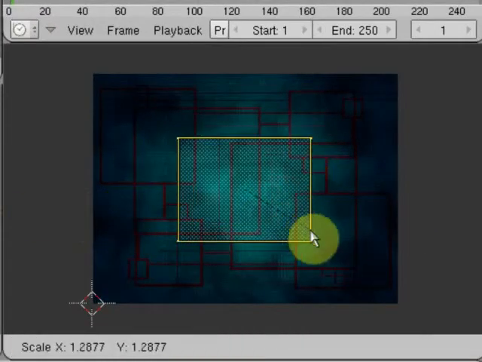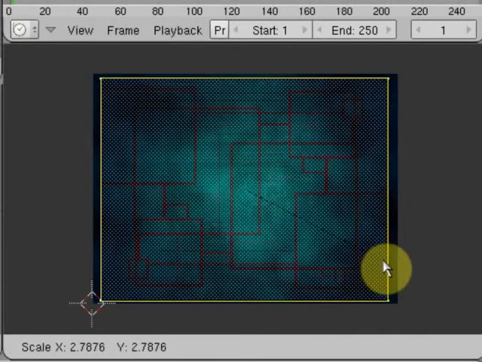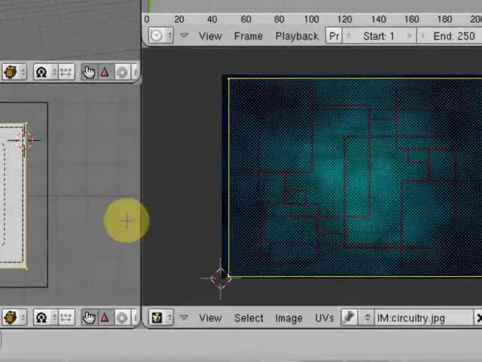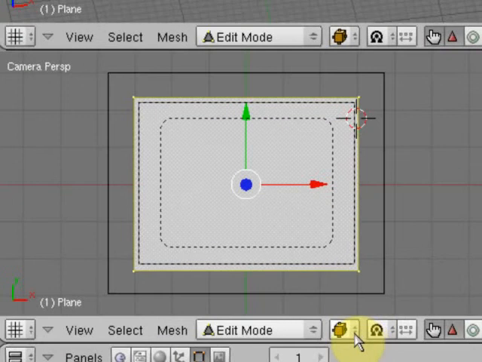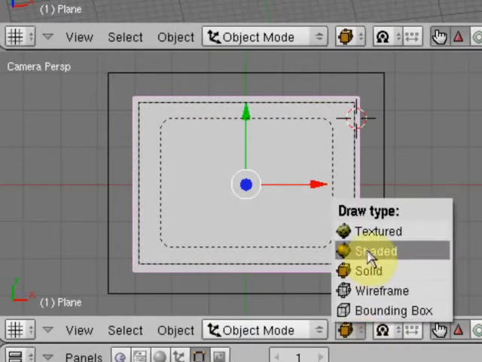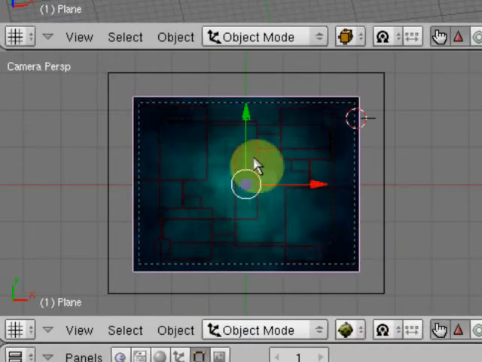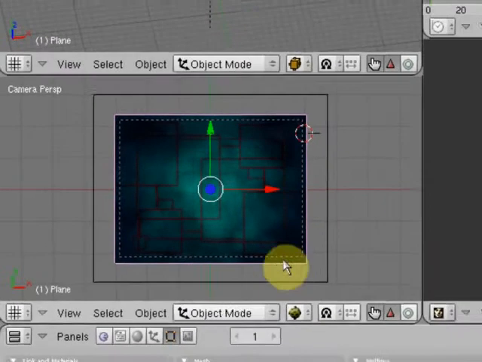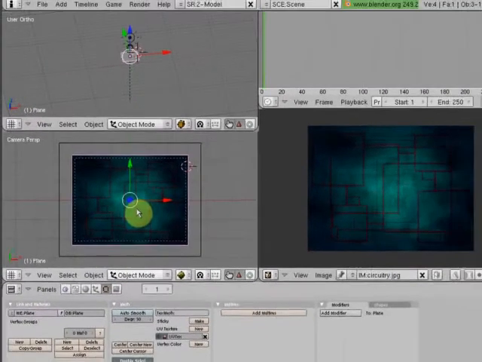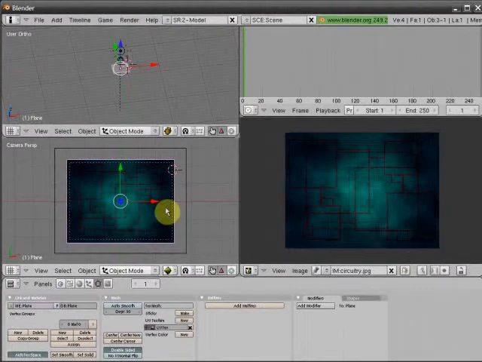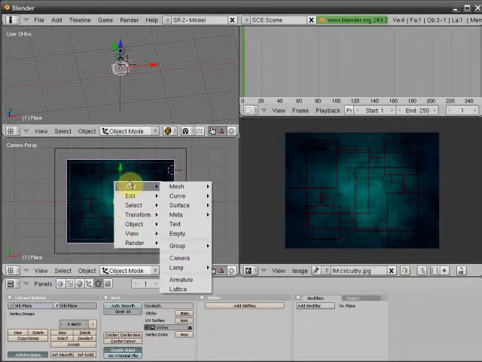I'm going to scale this up a bit so the full image is just about in there, and then if we go back over here and we click textured, you'll see that our picture from the UV editor is now mapped onto the plane. Now we can go ahead and start adding text, and to do this, basically within your